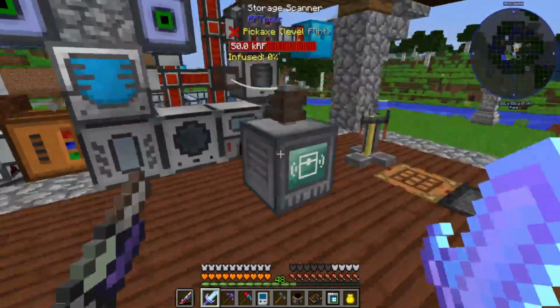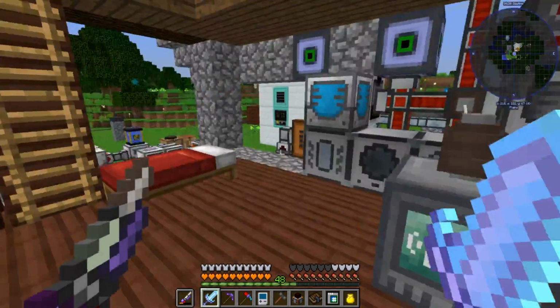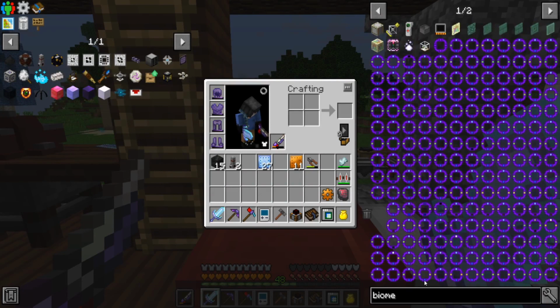I went there. It took me forever to find it. I had to kind of cheat. I just made a copy of my world. There's a biome finder. So I made a copy of my world. I set it to creative. I gave myself a biome finder. And then I dropped a bunch of this biome essence ore and just mined it up until you get the